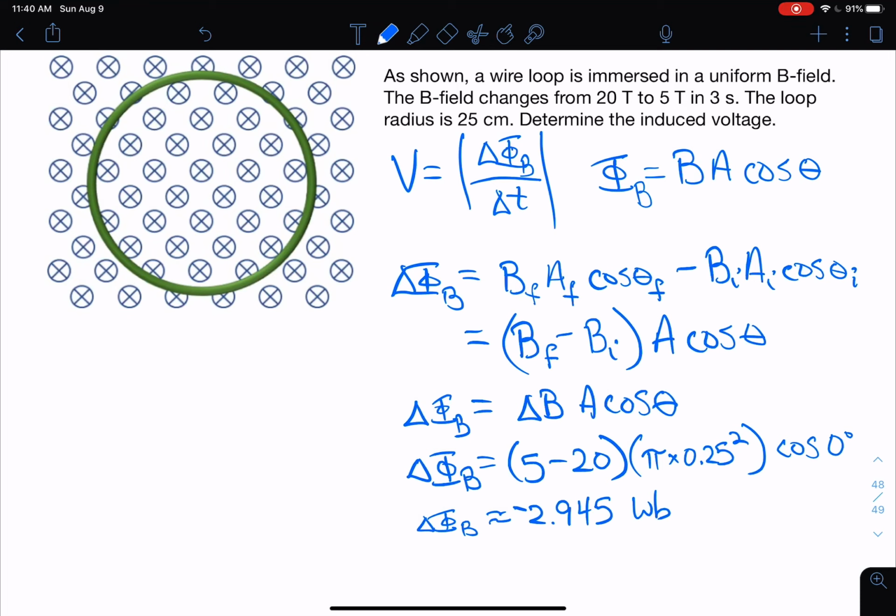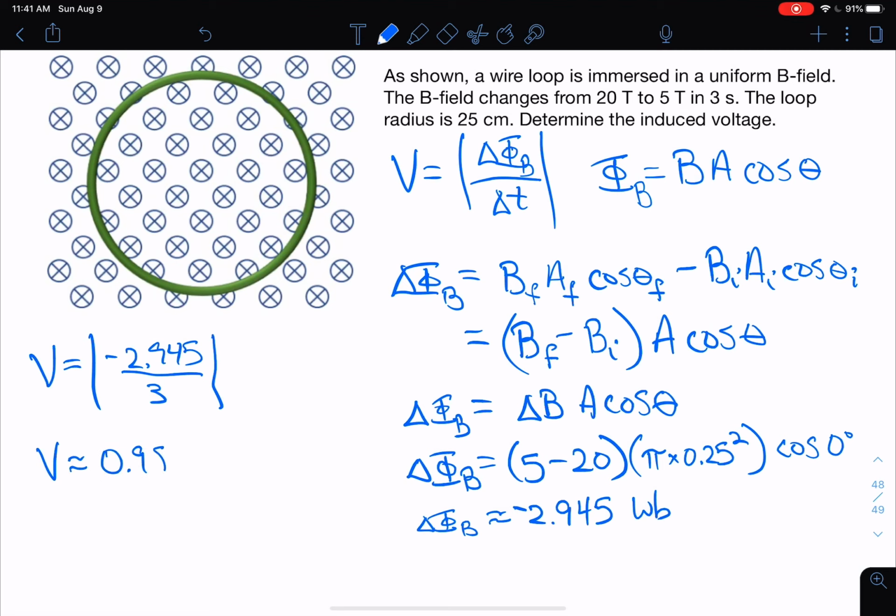So that's the change in flux, and then I need to divide it by the elapsed time and take the absolute value to get the voltage. So that's straightforward enough. My voltage is going to be the absolute value of negative 2.945 over 3. And that means my induced voltage is approximately 0.9817